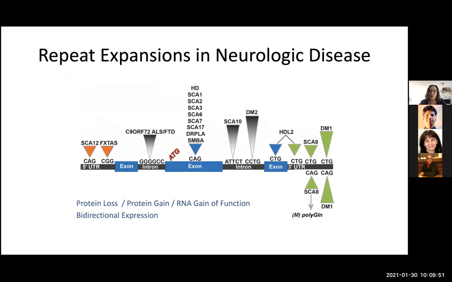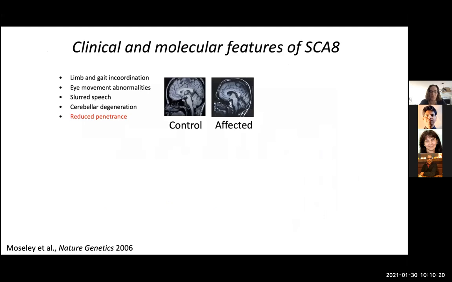But things started to change a bit in 2005 and 2006. Stephen Tapscott's lab in 2005 showed that the myotonic dystrophy type 1 repeat could be bidirectionally transcribed, and in 2006, we showed that the SCA8 expansion mutation can be bidirectionally transcribed. And for SCA8, there was a funny little polyglutamine protein that was made that wasn't really part of a larger open reading frame. And we cloned the gene for spinocerebellar ataxia type 8 some years ago,